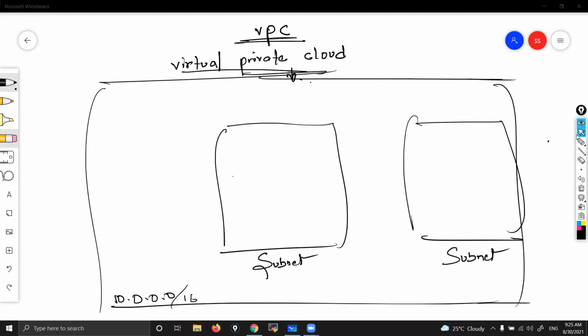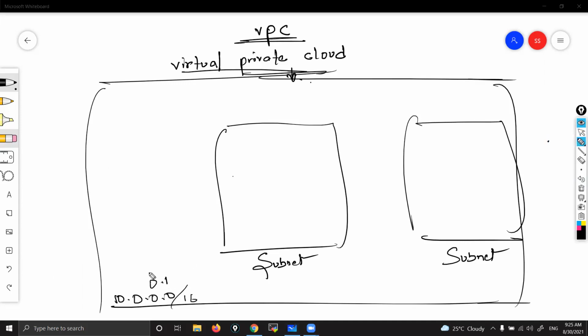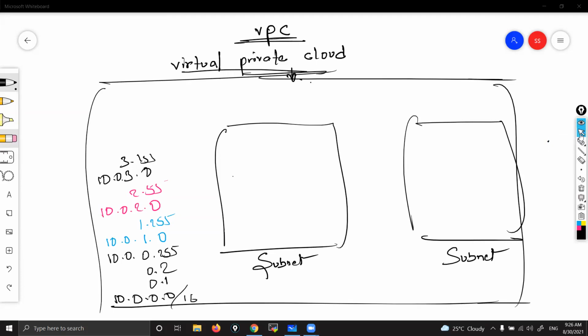You know how we calculate this IP range, right? Next IP is 10.0.0.1, then 0.2, and so on up to 0.255, that is 10.0.0.255. Then after that, the next IP is 10.0.1.0, then up to 1.255. Then again 10.0.2.0, up to 2.255. Then 10.0.3.0, then 3.1, 3.2, like this, finally 3.255. Then again 10.0.4.0, like this. Up to how many IP addresses? Up till 2 power 16, that's how many IP addresses we get in that. Okay, so what I do here,